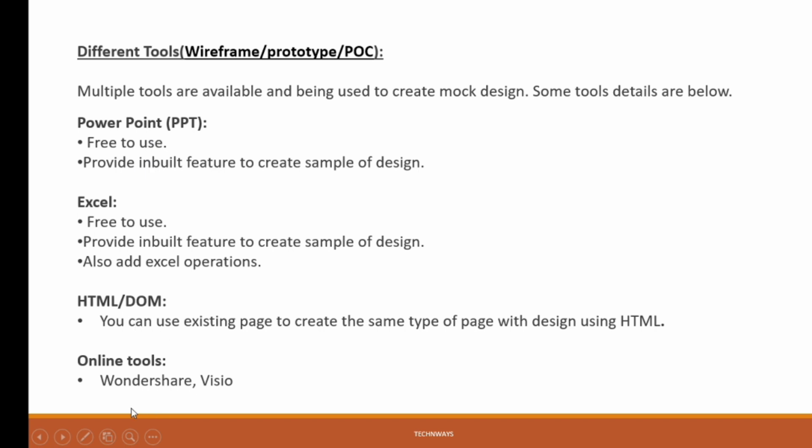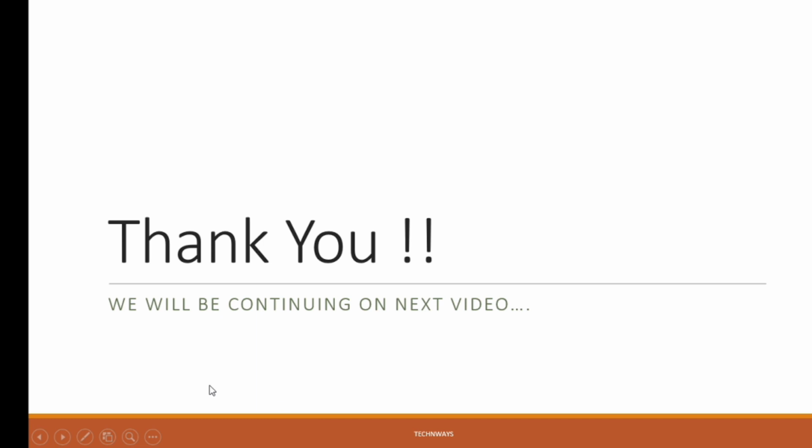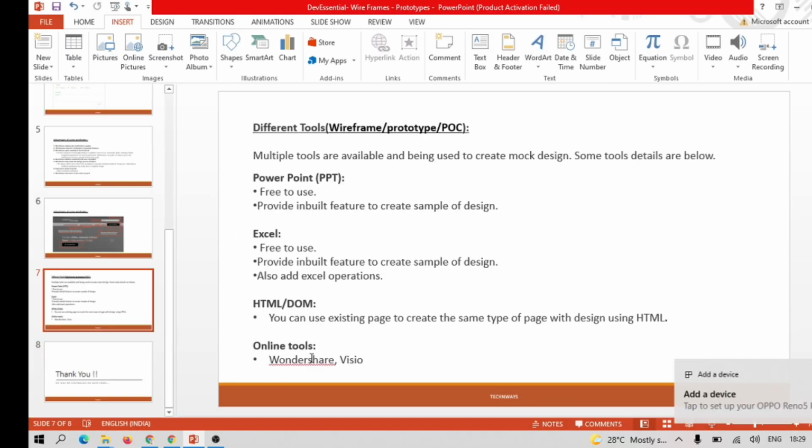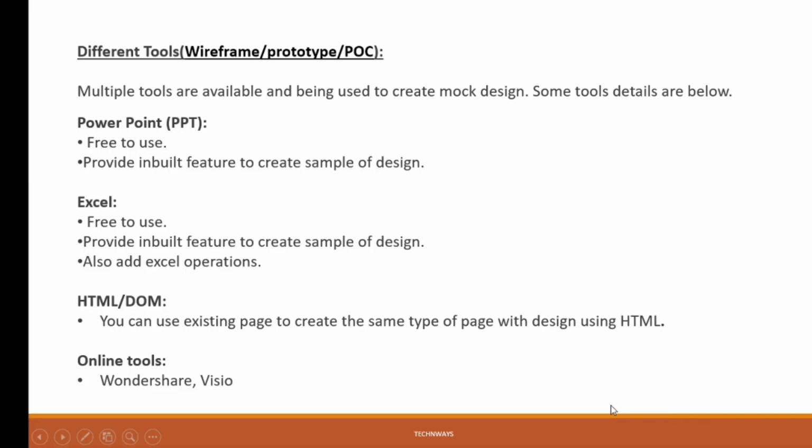So these are the three ways, and the fourth way is using a tool. We have multiple tools like Wondershare, Mockitup, and Visio. Currently I will be showing you how to get the wireframe through the Wondershare. Okay, Wondershare is actually a good tool that provides you multiple features to work upon. After this I will be showing you how to create a wireframe using the Wondershare. Okay,